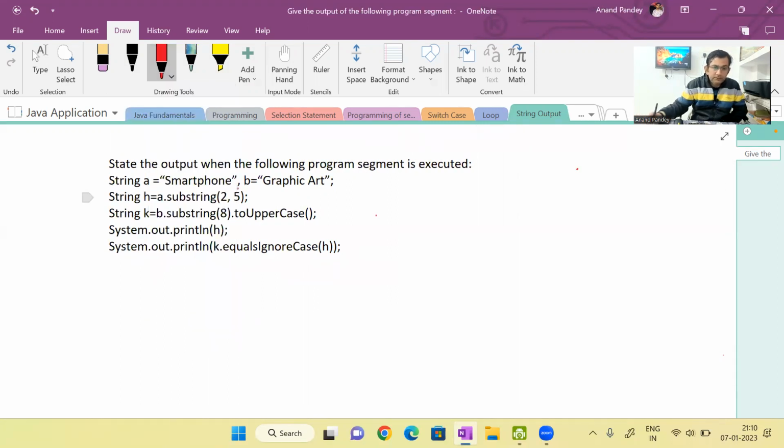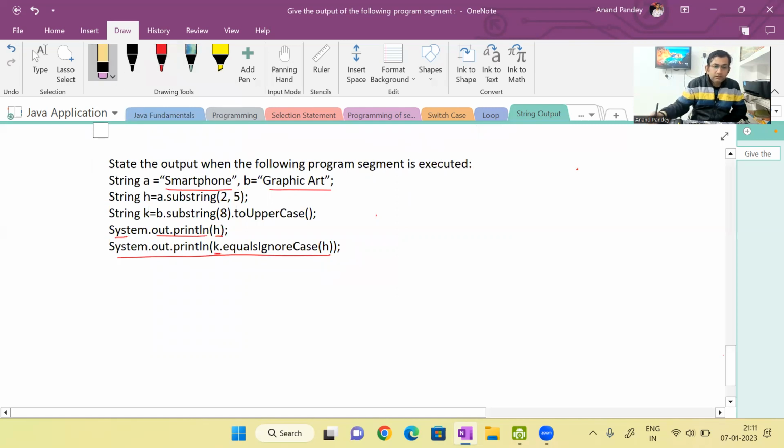Now, see the strings. String A is smartphone, B is graphic art. Here we have to find what System.out.println prints, that is the answer, the result, and that will be the output. So here we have to find the value of h and the value of k. Going step by step,